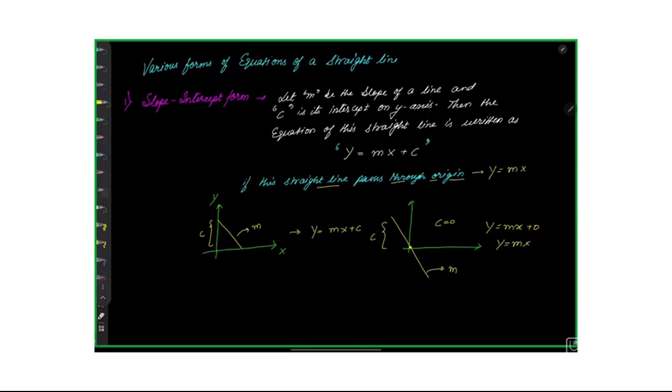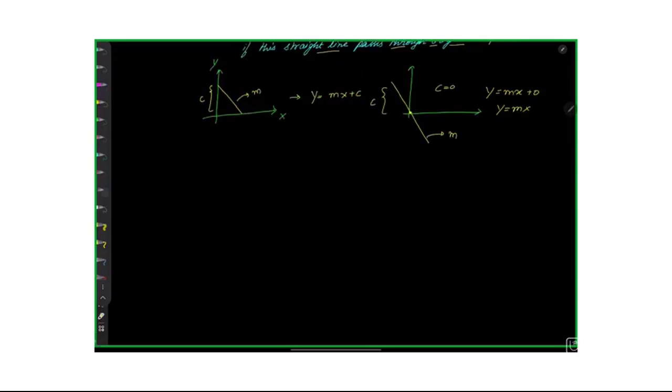The next form we'll talk about is point slope form. Okay, what happens in this form? If m be the slope of a line and it passes through a point, right? As the name suggests, you will be given a point and you will be given a slope. Let me give you the data first. If m be the slope of a line